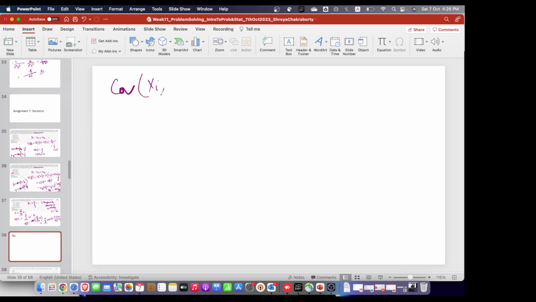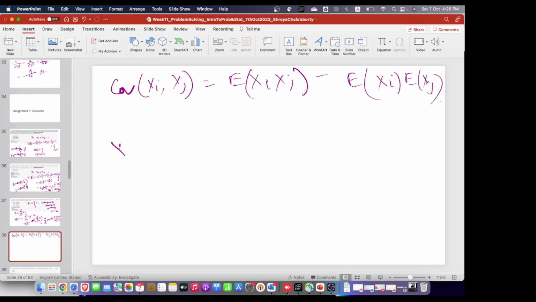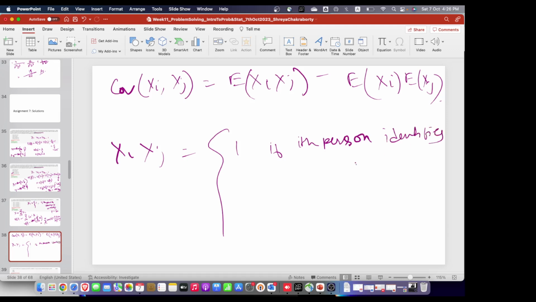Covariance Xi Xj will be expectation of Xi Xj minus expectation of Xi into expectation of Xj. Okay, and Xi Xj will be 1 if the ith person identifies correctly